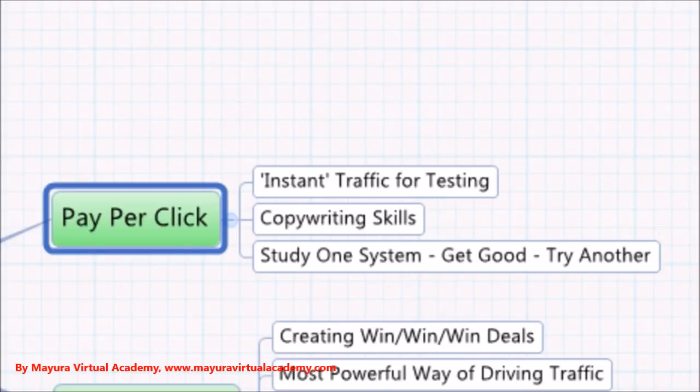The downside of it, of course, is that you have to have the money to do it in the first place. And if you have a good knowledge of AdWords, then it will save you a lot of money, because AdWords can be a very difficult beast to conquer unless you have that knowledge. So perhaps you might want to leverage some of your time in order to get the expertise you need, and then you can start using pay-per-click in the most effective way possible.